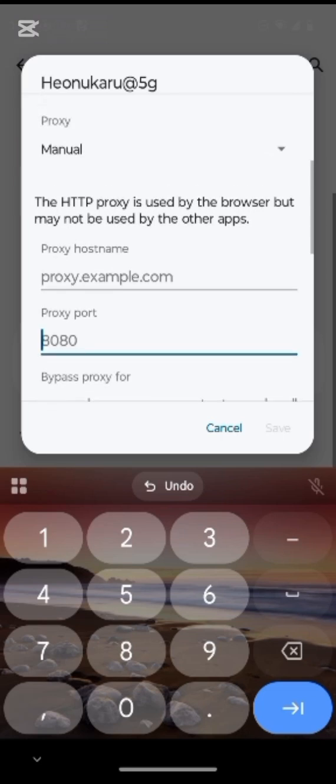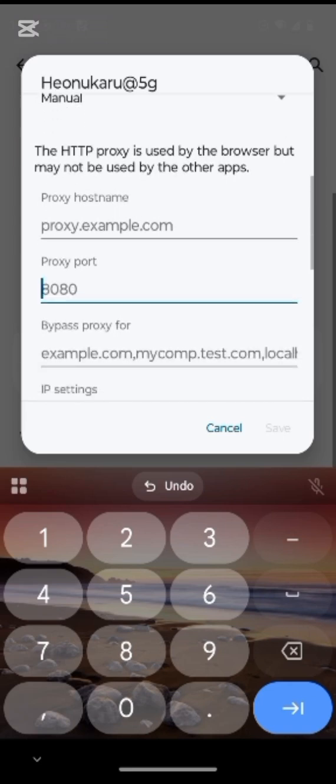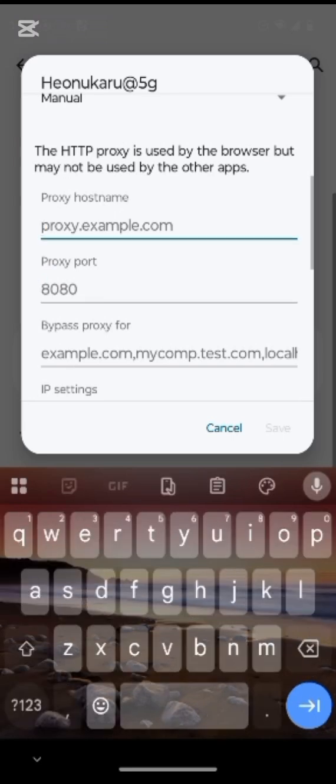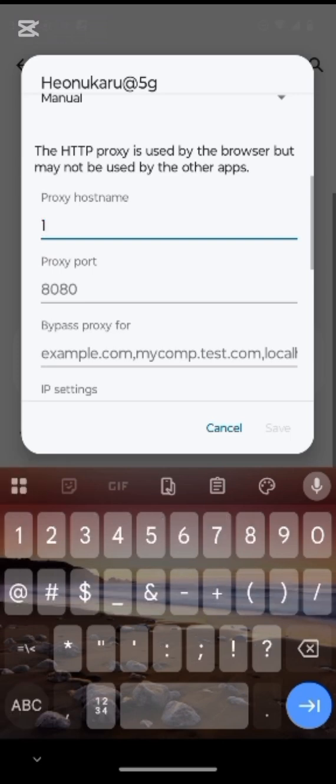The HTTP proxy is used by the browser but may not be used by other apps. You ignore this, because from my experience of broadcasting proxies, the HTTP has been used by all apps. So this is optional, but it still works. You understand? And remember what I said, you can't broadcast proxy with SOCKS 5, it must be HTTP. So now, very quickly, remember the server address of the other phone, every proxy. Remember the server address,